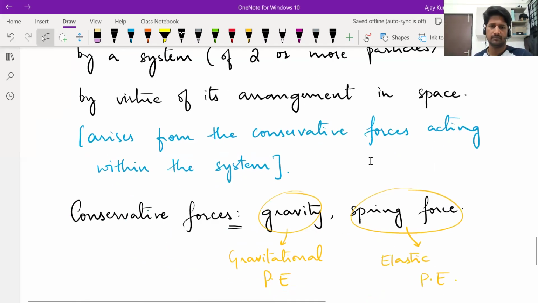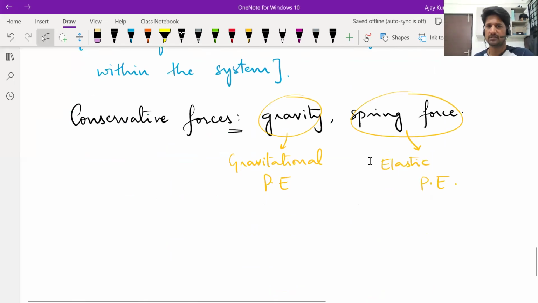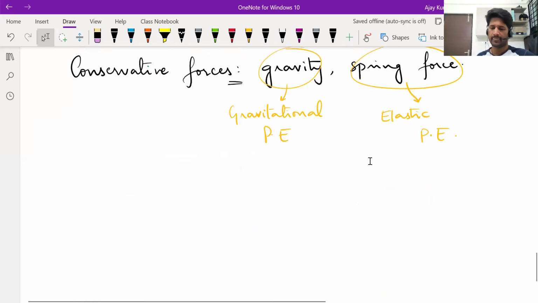Acting within the system. Now the conservative forces we have discussed so far are gravity and spring force. So we can derive a formula for potential energy that arises due to gravity, and we can also derive a formula for potential energy that arises due to spring force. But we need to know how to derive the formula for potential energy. Now the basic idea, by definition,